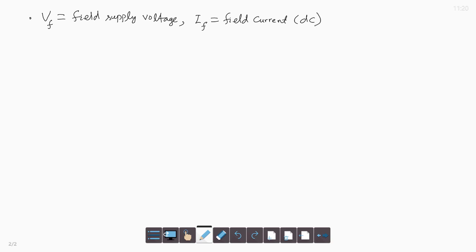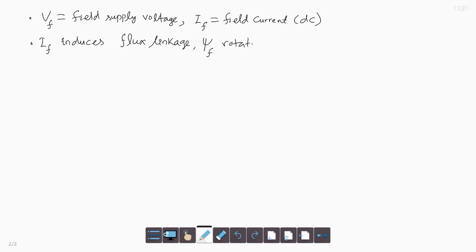And this field current If induces flux linkage that we denote as psi f, that means field flux linkage,